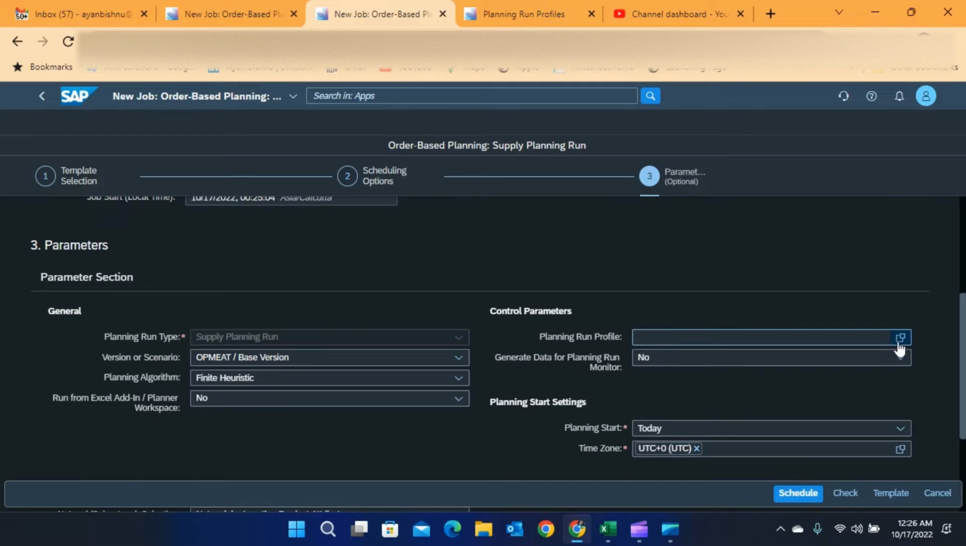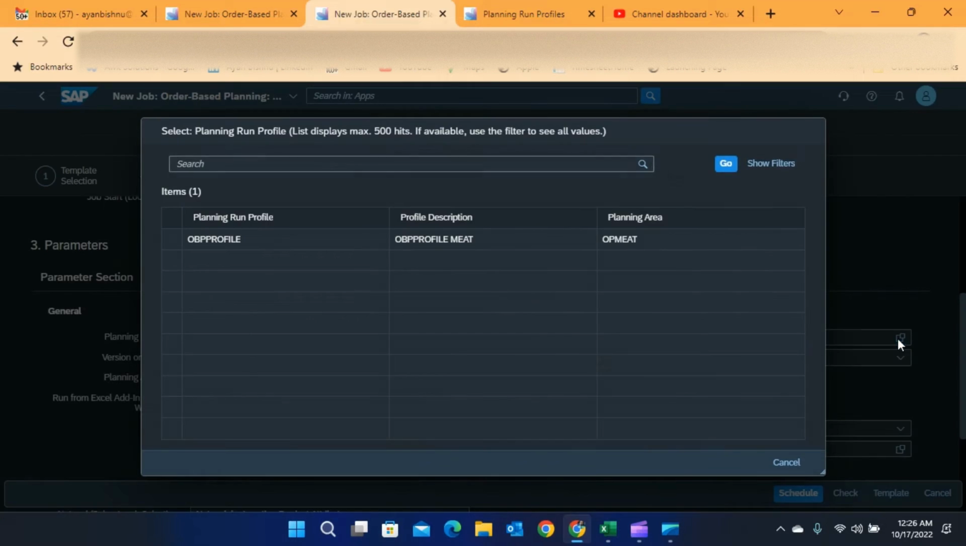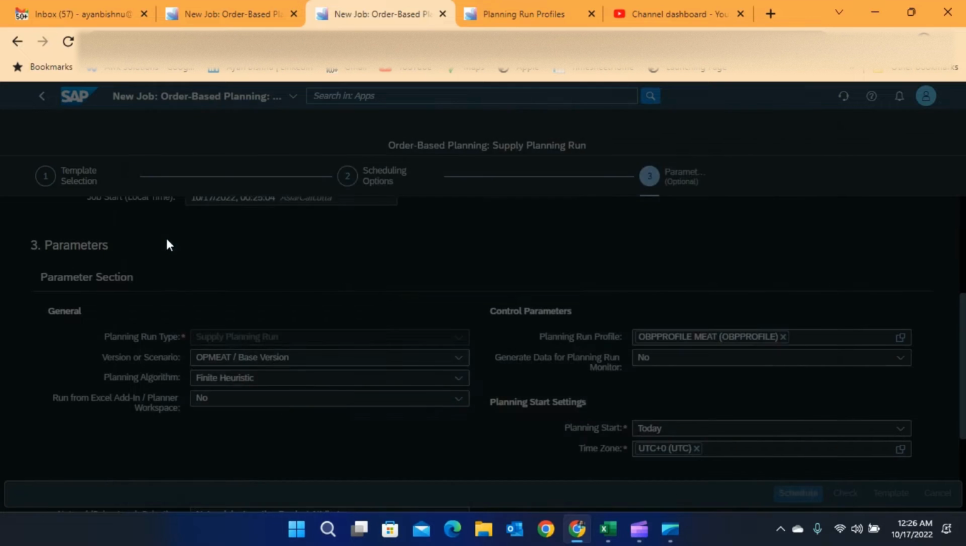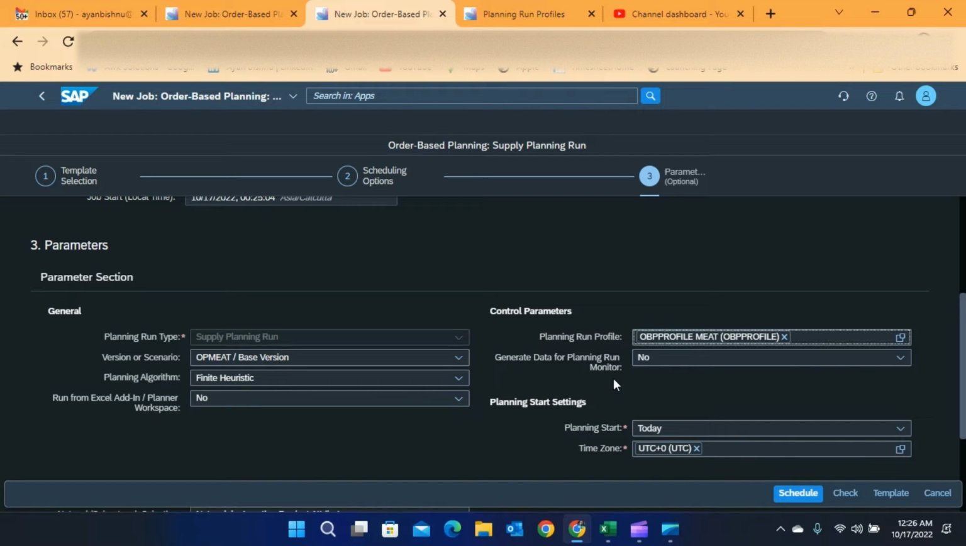Now here I need to select the planning run profile that I have created. Since there is one, I will select the appropriate one, and generate data for planning run monitor. It is for generating the logs, so I will select it as yes. Once done, now I am ready to take a